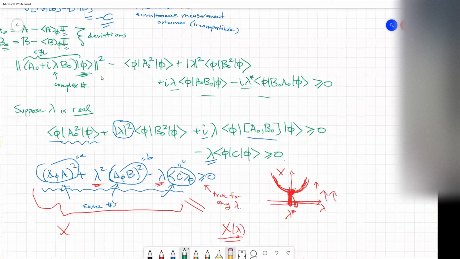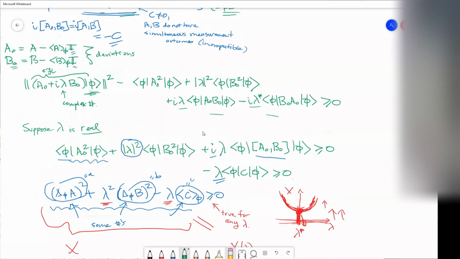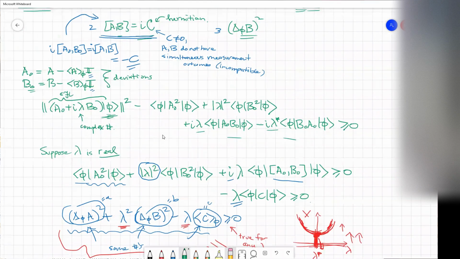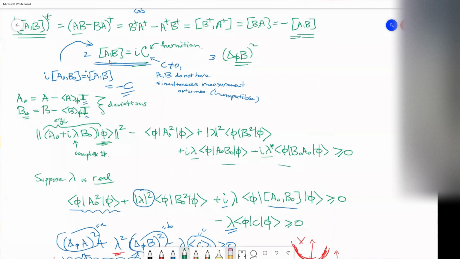And look at this, we derived it just from normalization of a vector in Hilbert space and properties of operators. That's it. It doesn't require much at all to show this. Basically nothing. Just the fact that for Hermitian operators, their commutator has to be anti-Hermitian. That's one thing. And then the other thing is just that vectors in Hilbert spaces have positive norm, or non-negative magnitudes. That's it. Any questions?